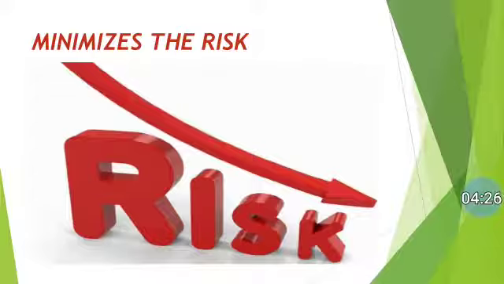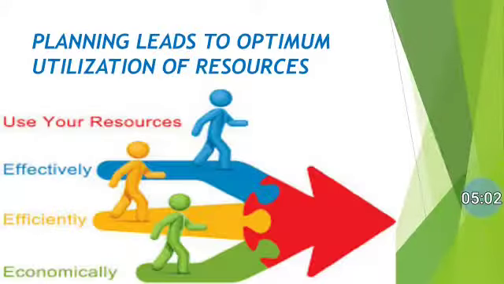Sometimes probability is that any kind of changes in business leads to risk and uncertainties, which cannot be eliminated totally, but they can be anticipated and tackled with preventive measures. So conclusion of this point is planning is the process of looking into future and anticipating the future changes. So with proper planning, any type of risk which is seen in the business could be minimized. So let's go to next topic.